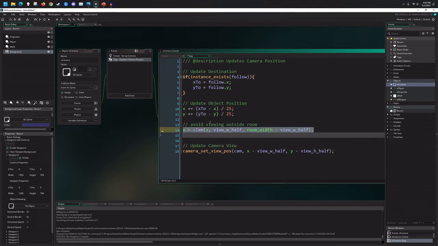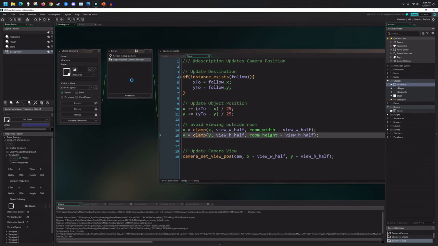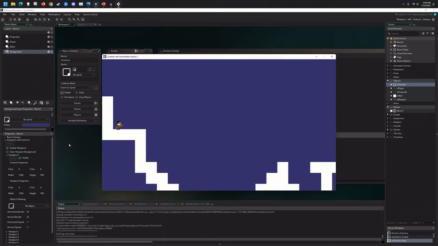And then our y value, we're going to clamp to be forced between half of our view height and room height minus half of our view height. This will trap us inside the scope, so that we cannot see outside our room,